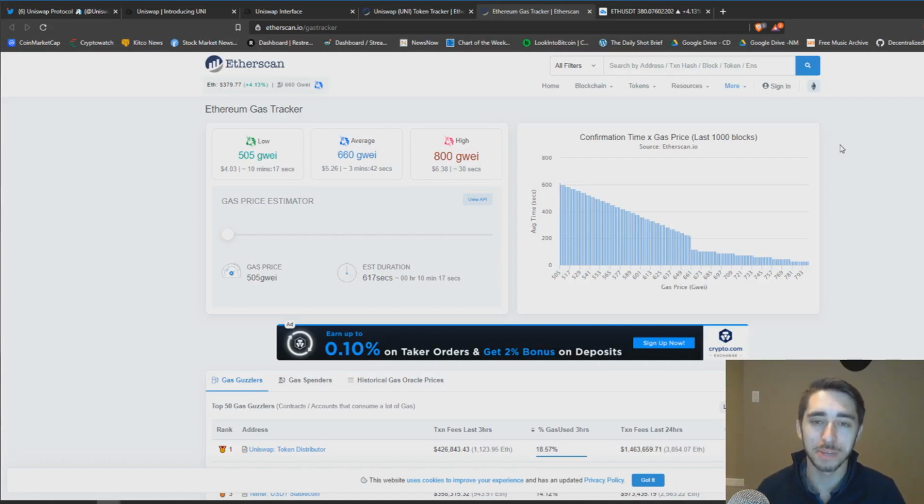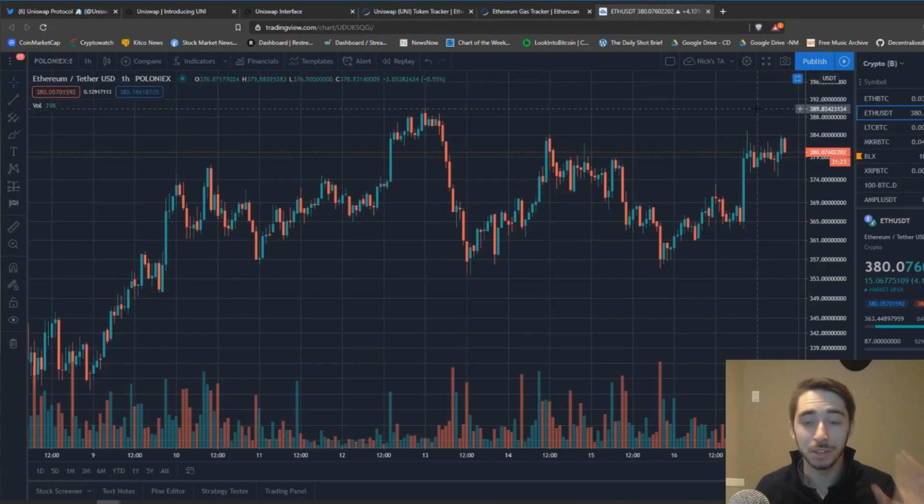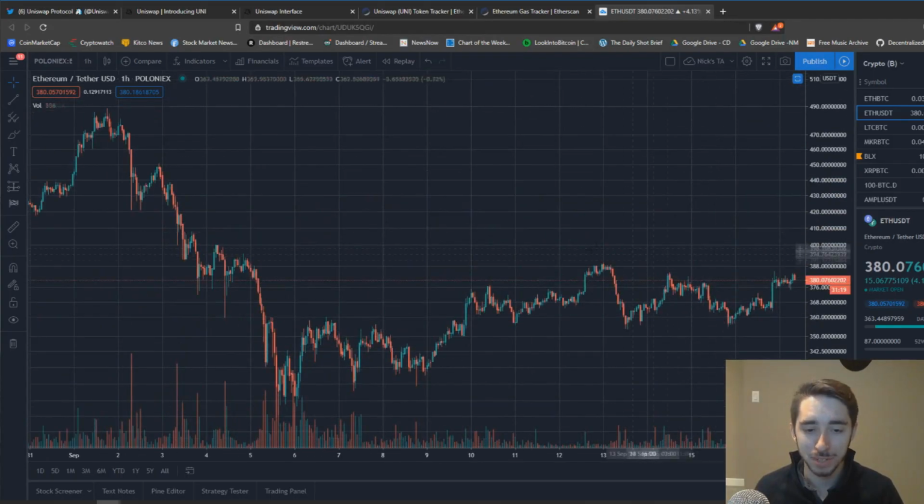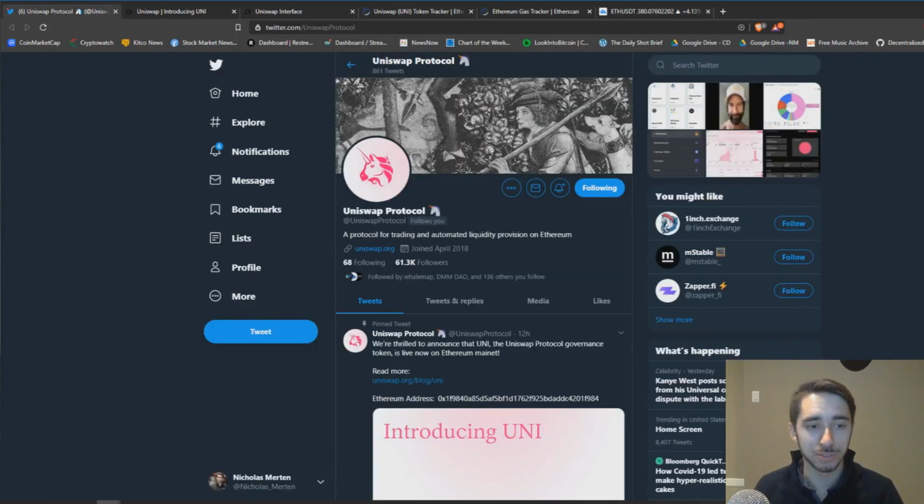Last summary point here, Ethereum reacting quite positively to the news here, getting back up towards a relatively high range here. And again, I think this is going to be one of the major catalysts that's going to continue pushing pressure on Ethereum, continue supporting a positive market overall with the success of Uniswap's launch here.